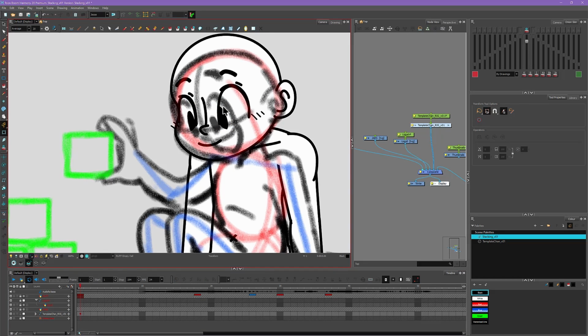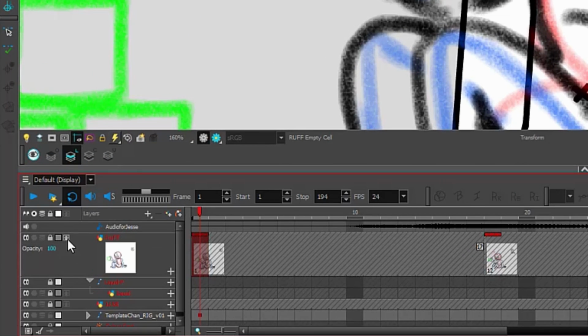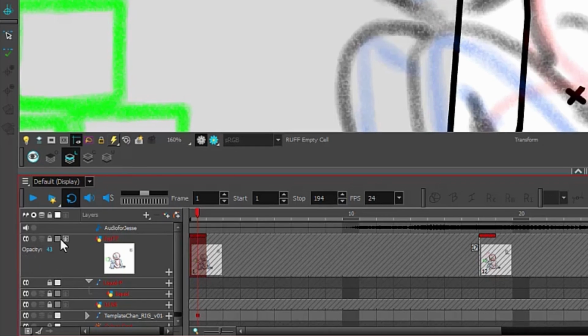If your drawn animation is getting in the way, you can adjust the opacity in a couple different ways. One way is you can click this little thumbnail view on your rough animation here and just drag this opacity slider until it's like around 50% or so.